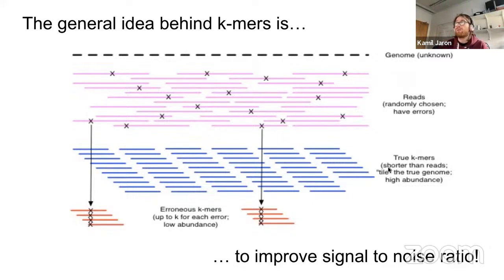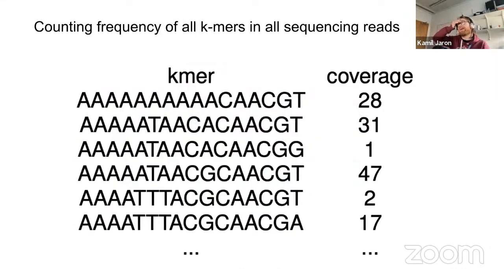And it also gives you the ability to separate these genomic k-mers from these error k-mers, which is extremely handy because then you can have a much easier data set to work with. And the magic is that you can do perfect matching. So instead of just wondering what is or what is not a well alignable sequence, you just simply say how many times I've seen something, and then you can just write the number down. So for this k-mer, we've seen it in total 28 times in the whole read set. For this k-mer, it was 31, etc. And you write down every single k-mer you've observed in the data set.